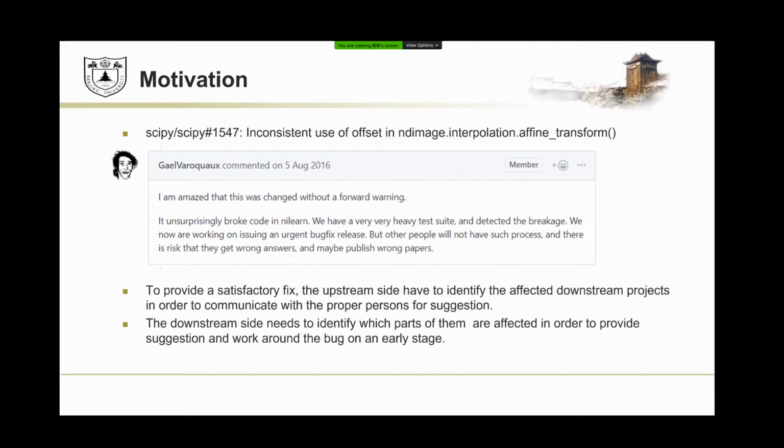It's not hard to see that analyzing cross-project bug impact requires a lot of painful manual effort. So to solve the problem, we present an ecosystem-wide bug impact analysis to identify the affected downstream modules with a given upstream bug. Note that an upstream function containing the bug being invoked in a downstream module doesn't mean